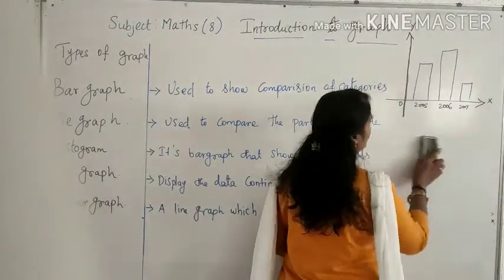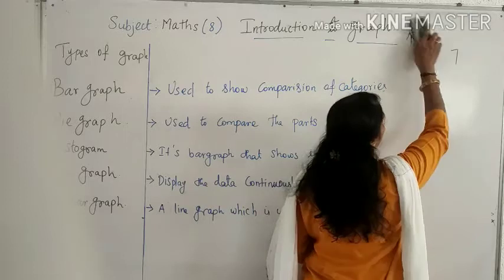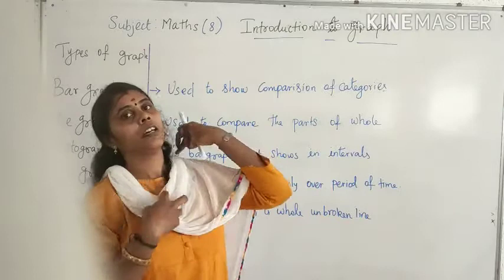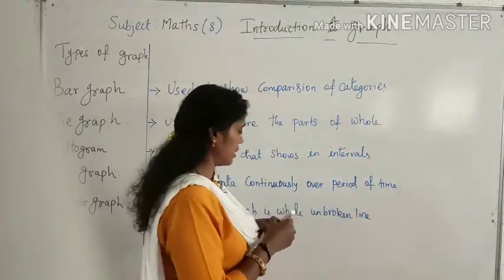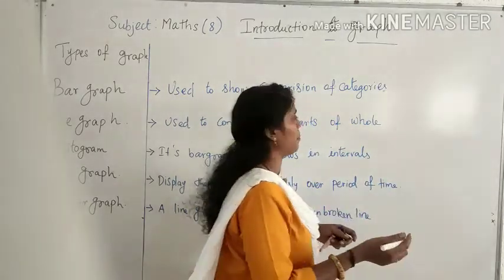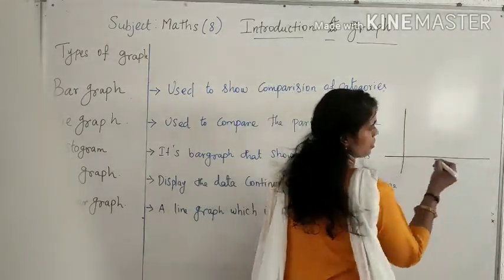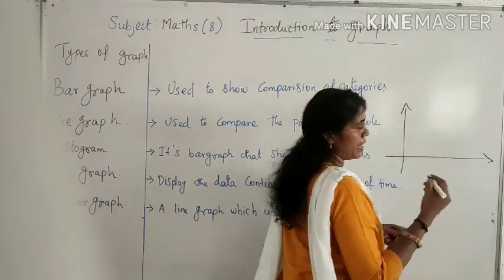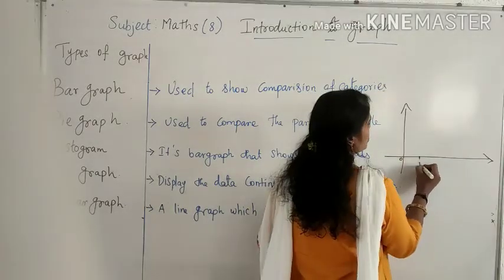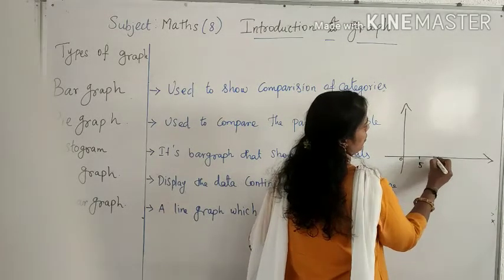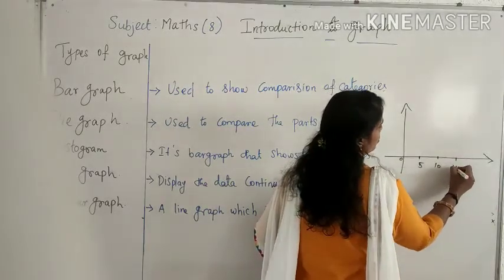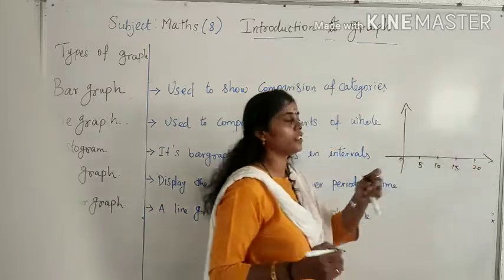So how will they compare the runs? Suppose it is a 20-over match, T20. Then CSK and another team are comparing, Rajasthan Royals, or Mumbai Indians are comparing. Like that, it is a 20-over match. You know, in that 20-over match, from the first over, 0 over, that is the first over, and 5 overs, we can take 5, 10, 15, 20 also. Here the space is limited, so I have taken 5, 10, 15 and 20.